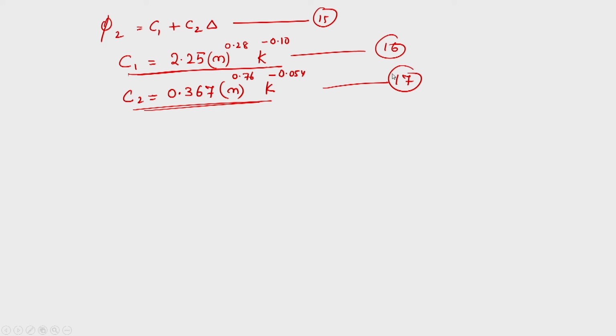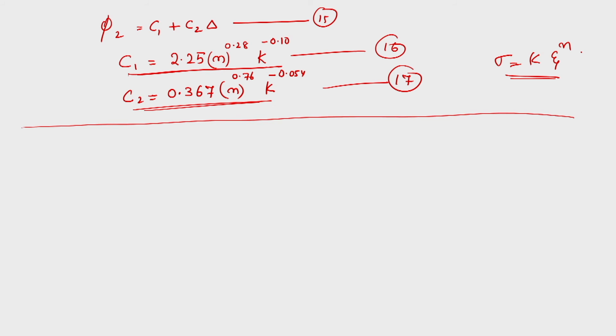So, with a wide variation in work hardening behavior with n and k, where sigma is equal to k epsilon raised to n, this is the flow stress relationship, you will find that for a large number of materials, C1 and C2 come like this. That is a very interesting thing, so that we can find out C1 and C2, and then from that, if you know the deformation zone geometry parameter delta, we can calculate phi 2, and then from that we can determine phi 1. This is one method of determining the redundant work. Another is method 2.